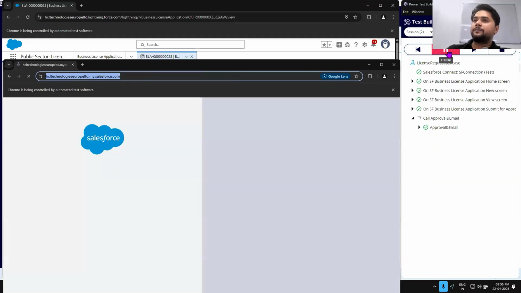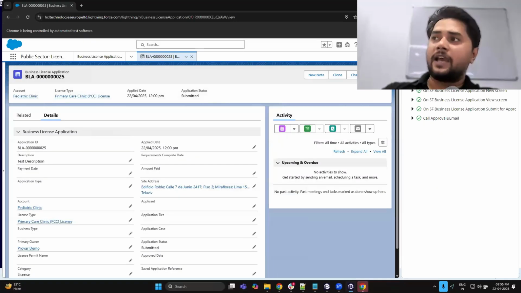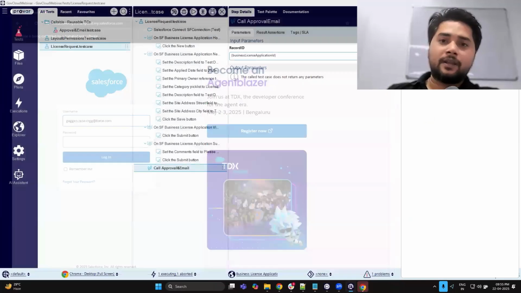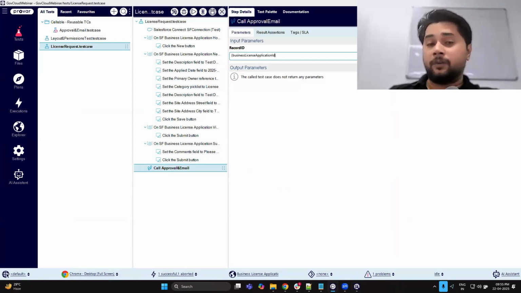All right. So I have one more thing really important to show you, and that is really important when we talk about government cloud testing of the fields and their permissions and the layouts as well, right? Now, testing layouts and their permissions could be a very tedious task with any other automation tool, because there we have to go to different layouts, go to setup, and then check for different permissions, right? But in the case of Provar, being a purpose-built solution,